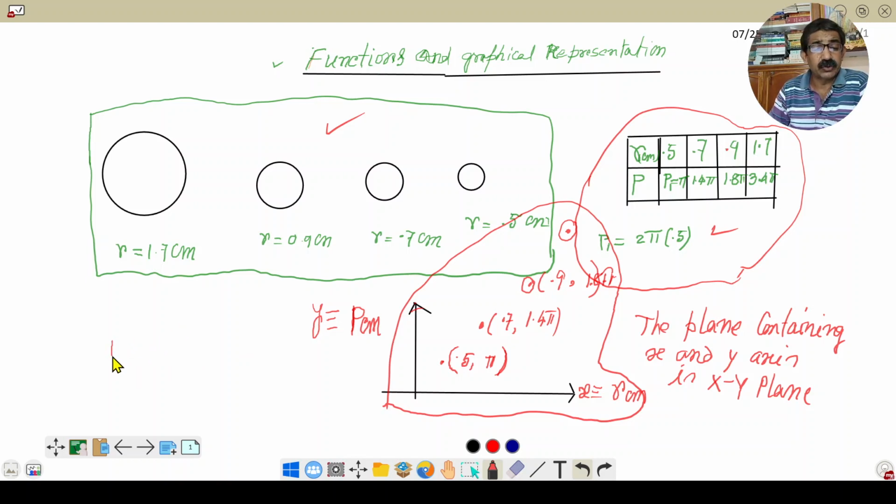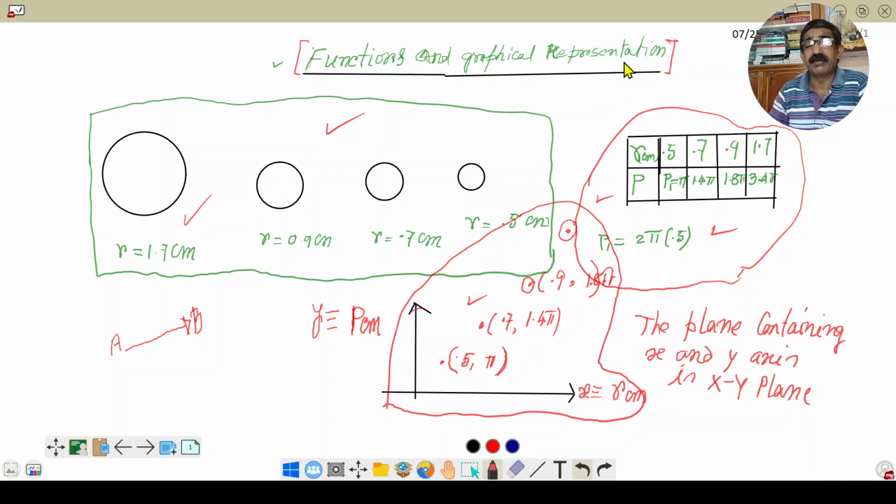Suppose I am the source and you are another source. We are A and B. So I am conveying some message from A to B so that you can understand it well. Then this set or this set or this set, three sets are equally convenient to understand or to realize the information. So this is the introduction about our main topic of discussion today, that is functions and graphical representation.